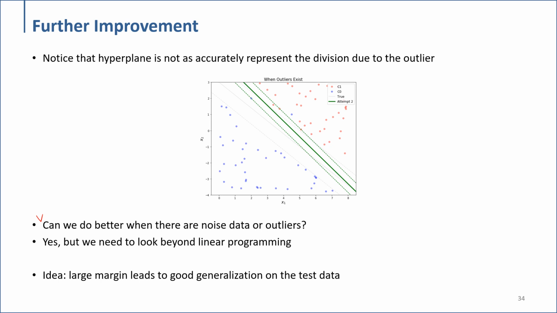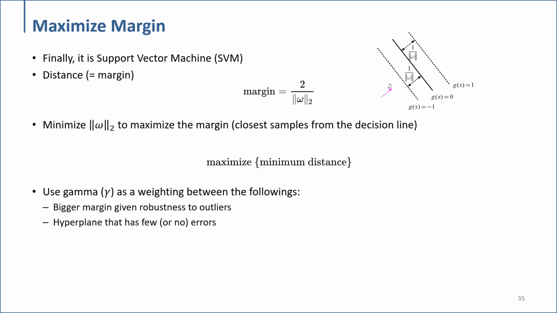Here we use this linear line, so this is a kind of linear classification, but we need to look beyond linear classification. Instead, let's use a large margin for good generalization on the test data. The idea of maximizing the margin is finally the idea of support vector machines, which is called